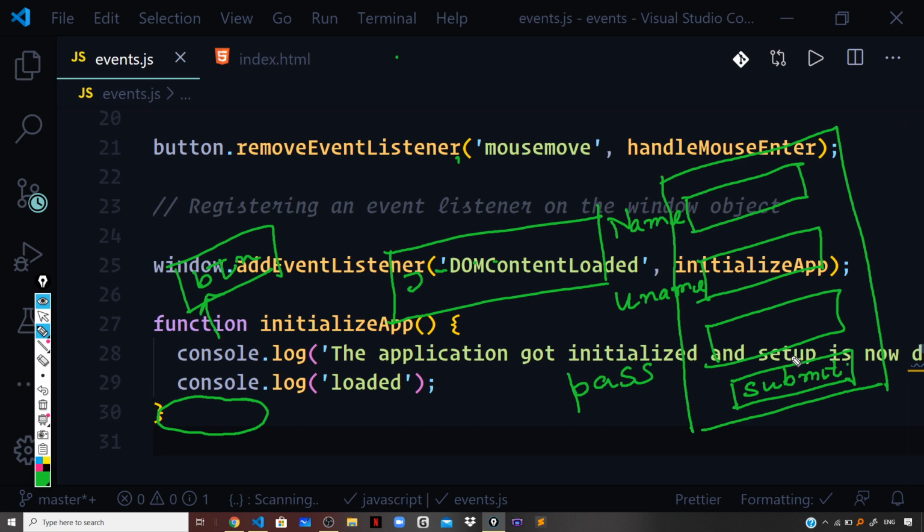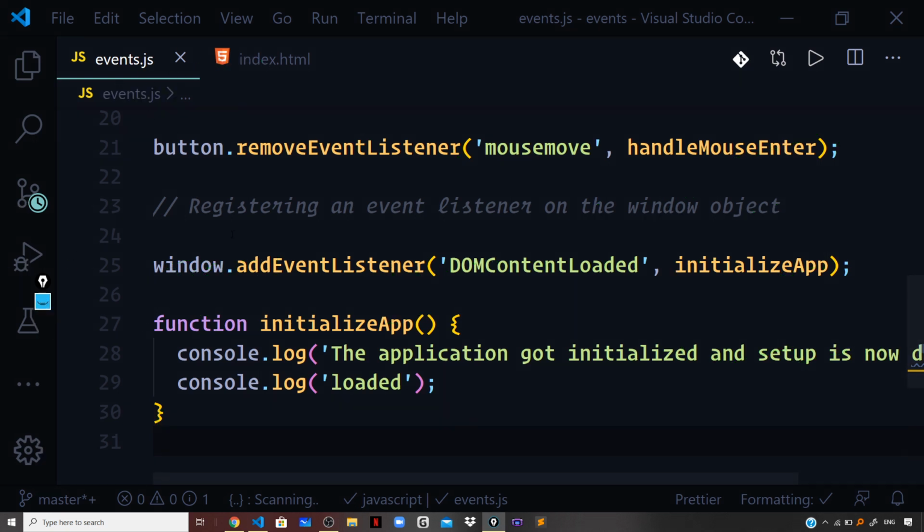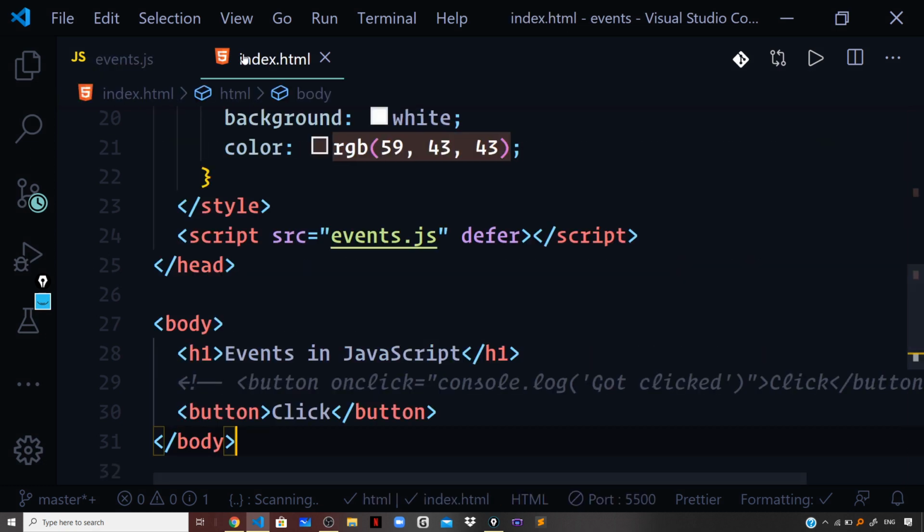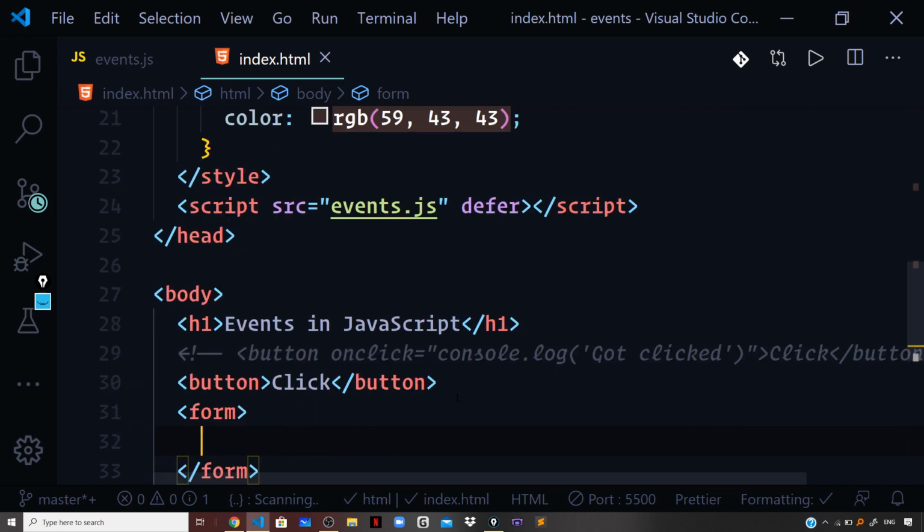So okay, what I will do is close this and go to my index.html file, and here down the button I will define a form element. So just remove the action attribute here, and I will say label for, I will say name,